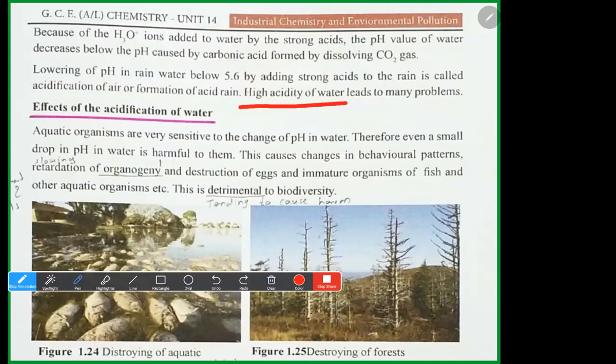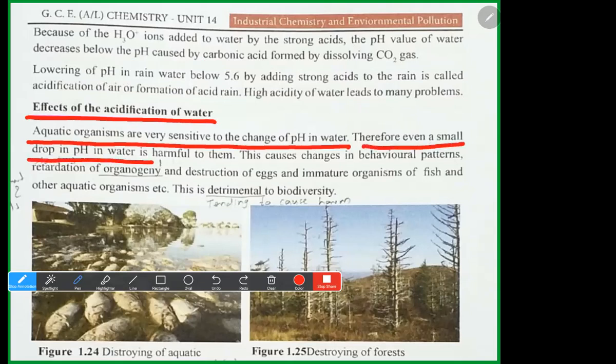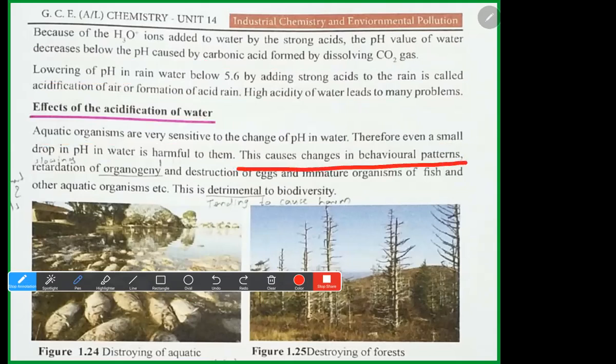So acid rain is supposed to be pH less than 5.6. High acidity of water leads to many problems. Effects of the acidification of water. Aquatic organisms are very sensitive to the change of pH in water. Therefore, even a small drop in pH in water is harmful to them. This causes changes of behavioral patterns, retardation of